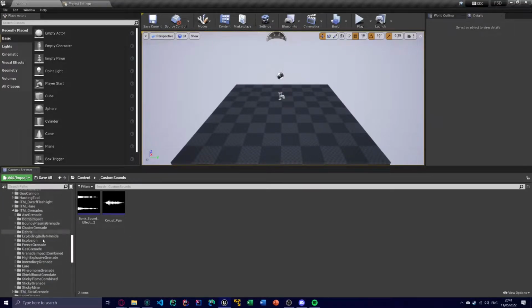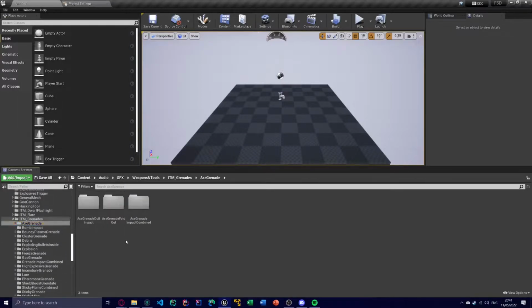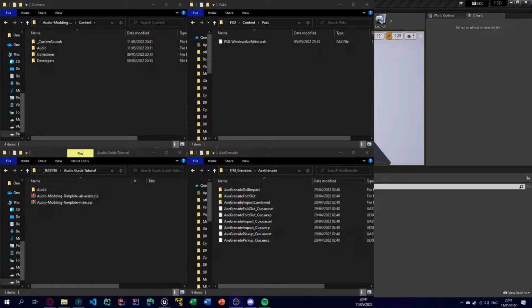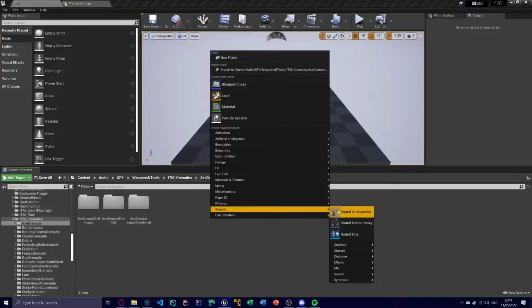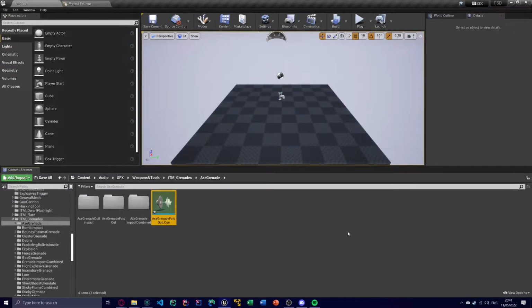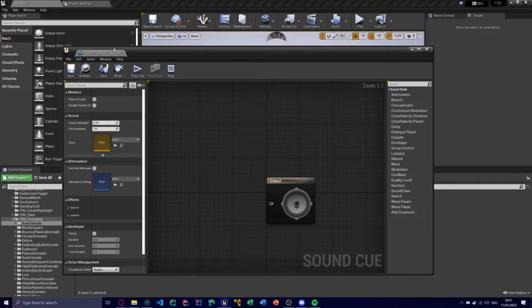So let's go back down to where it was, which is here. We know what the names of the cue files are from looking at the unpacked files. Again, we can see here that the name of the fold out, the throwing sound, is this. So actually I'm going to show you what I do. Hit F2, and then Control C, then escape, and then go into here, and then make a sound cue, and then Control V, and the name is right there because I just copied it. So I'm going to open up this,